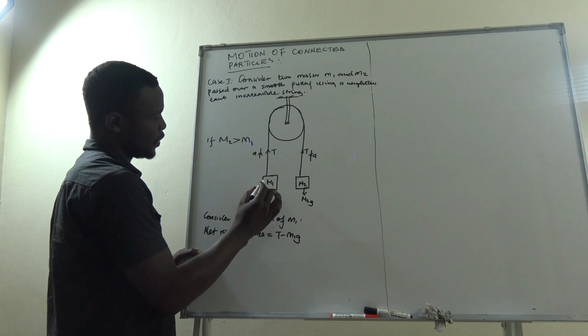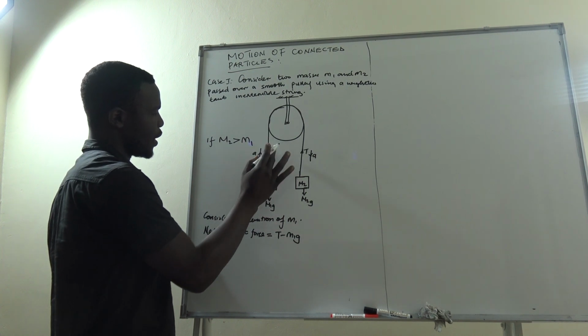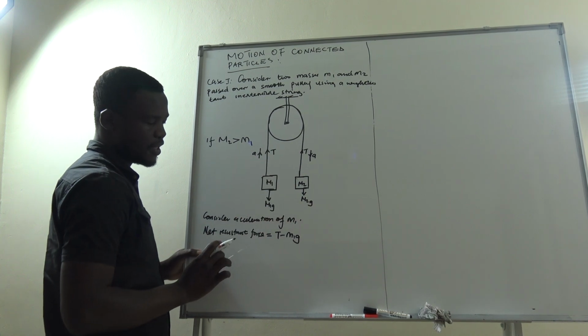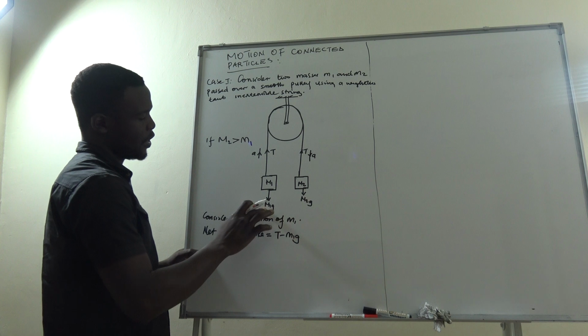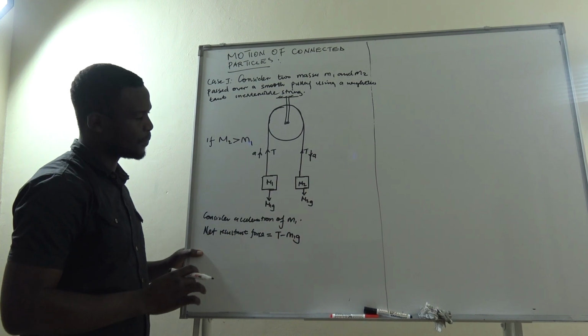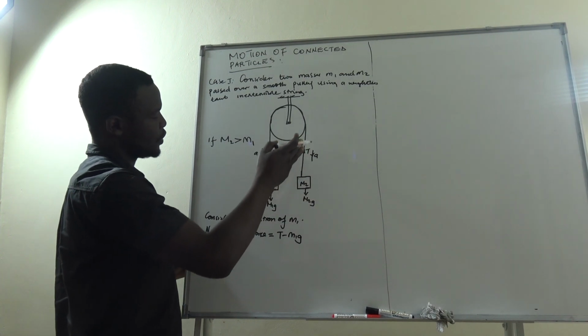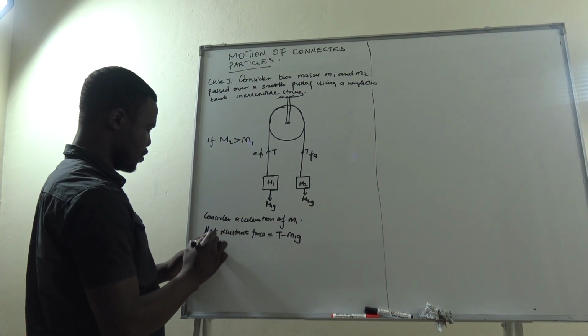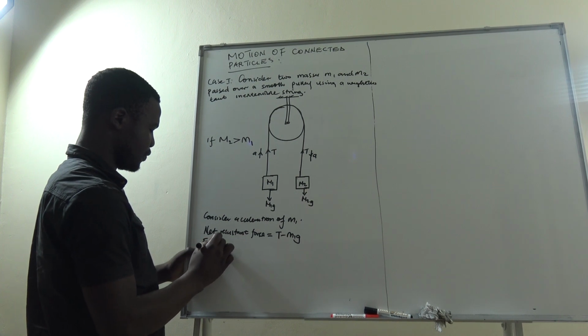Why? Simply because for this body to move upwards, the tension in the string must be greater than the weight of the body. If the weight of the body is greater than the tension in the string, then this body would move downwards. But we know that from Newton's second law,